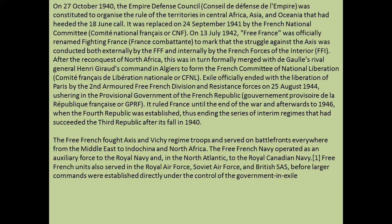Ushering in the provisional government of the French Republic, GPRF, it ruled France until the end of the war, and afterwards to 1946, when the Fourth Republic was established, thus ending the series of interim regimes that had succeeded the Third Republic after